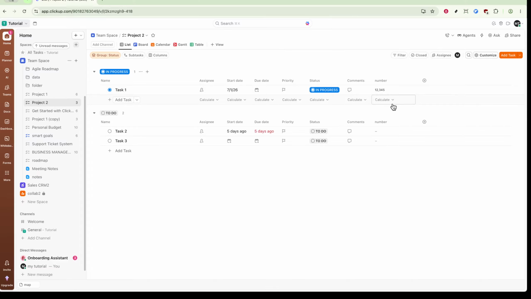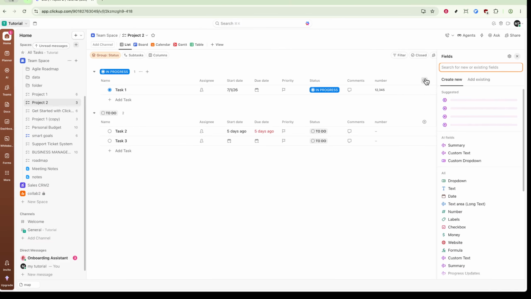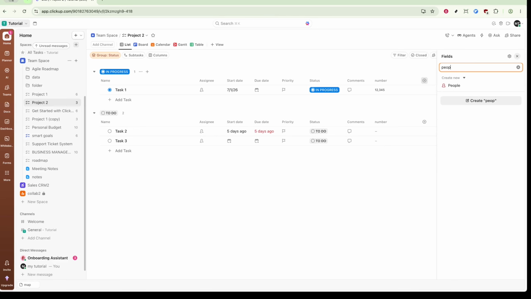Now look at the column header bar running across the top of your list. On the far right side of this bar, you'll see a small plus icon. Click on it to add a new column to your list. When the panel appears on your screen, type the word people into the search bar. This will quickly filter the available options. Once you see people in the search results, click on it to add it as a new column in your